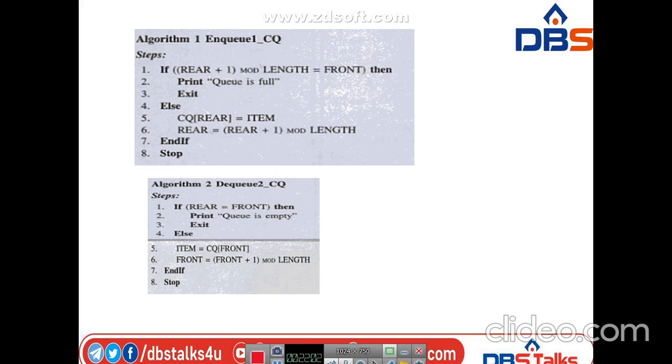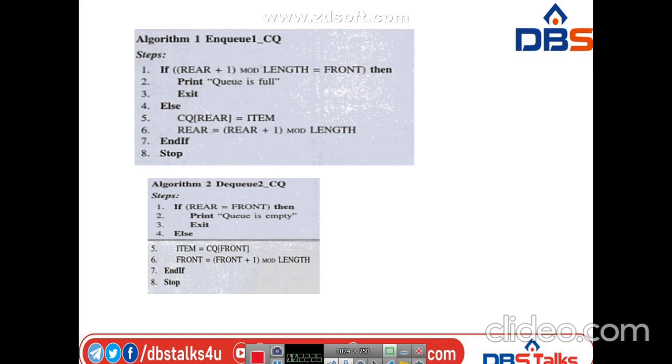So this is the circular queue. Here in the circular queue we avoid the drawbacks of the linear queue. The major drawbacks of the linear queue are that it is time consuming and it shows the queue full status. These two problems are avoided by using the concept called circular queue.